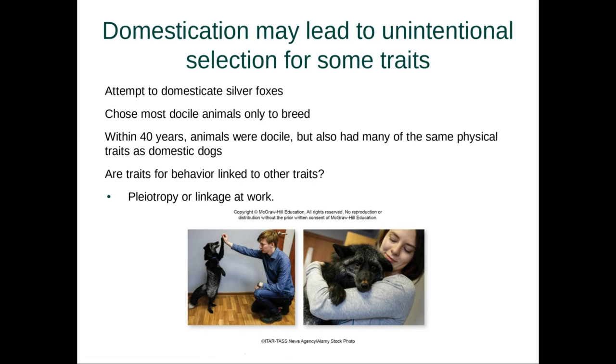So we can actually see that maybe some traits are for behavior, i.e. being docile, is potentially linked to other traits, right? And so in a genetic context, we would actually call this pleiotropy, right? Or potentially call it linkage, but it's most likely pleiotropy, where a gene that controls behavior also controls some physical traits, right? Because you can imagine being a docile individual, you might want to have cute puppy eyes, right? That's a beneficial trait to have together. So